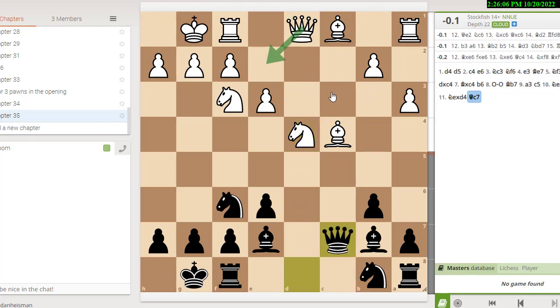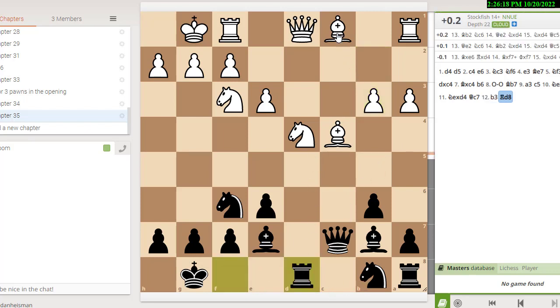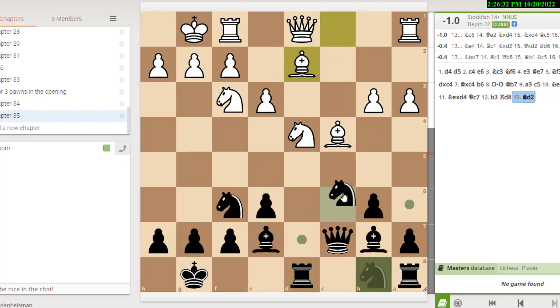Here white should play queen e2 maybe to guard the bishop. b3 isn't terrible. The engine said it wasn't that bad, but I wouldn't have done that. b3, white plays rook to d8. Black played bishop d2 to get out of the pin, but a better way to get out of the pin would be to move the queen again to e2, to a closed file where it can't be harassed by rooks. Queen to e2. He played bishop d2, and white played knight c6.